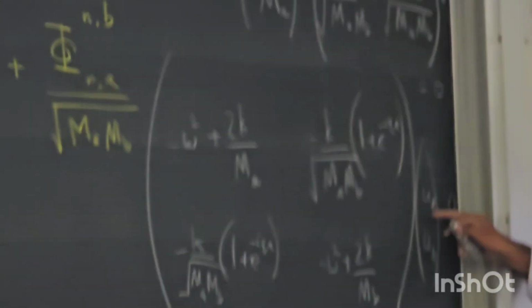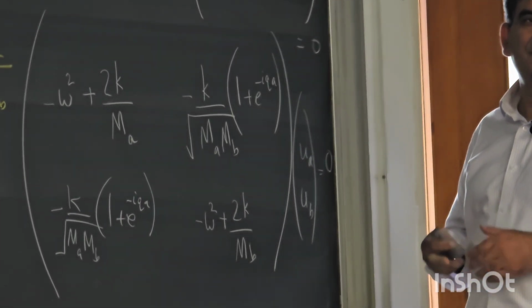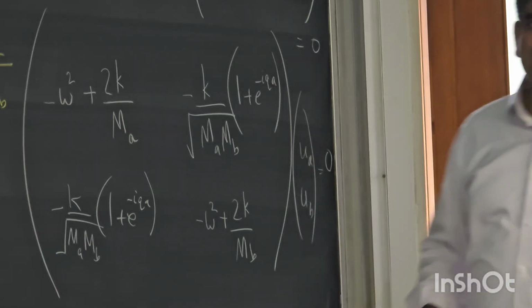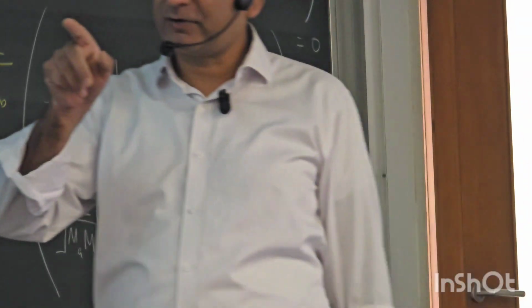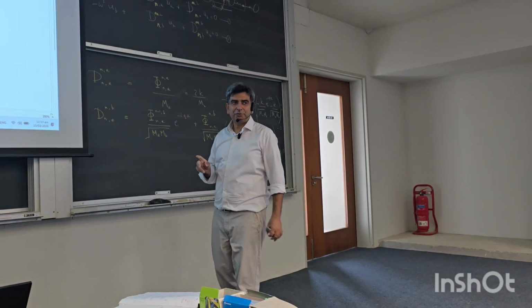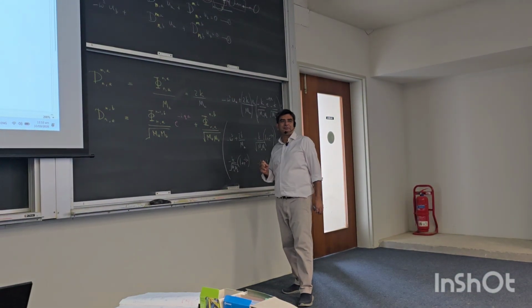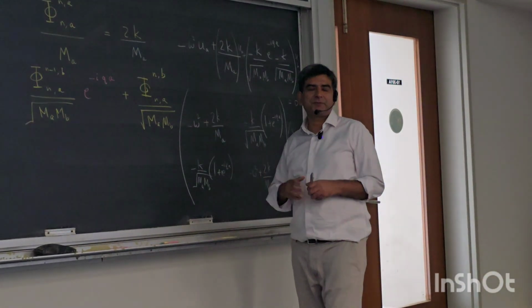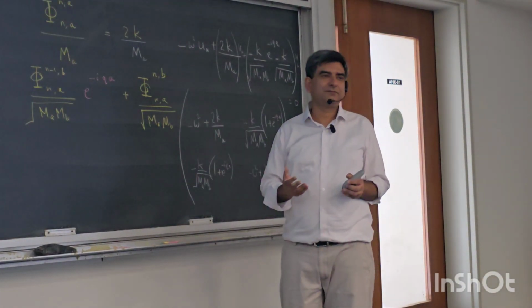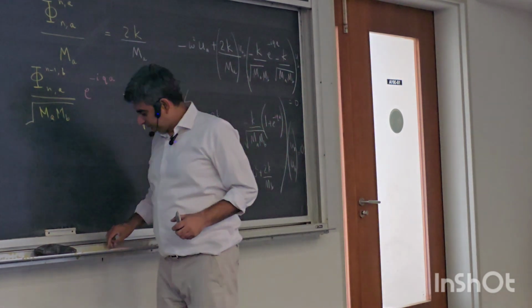I can get the relative sizes of the amplitudes. For the acoustic branch, which means when I take into account the negative sign in the square root, UA and UB are both in the same direction, which means that one atom